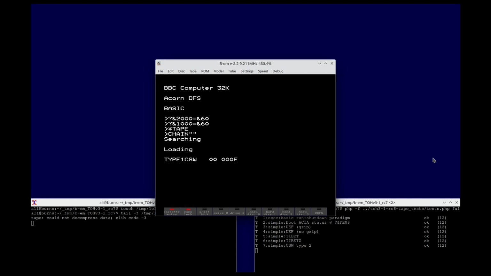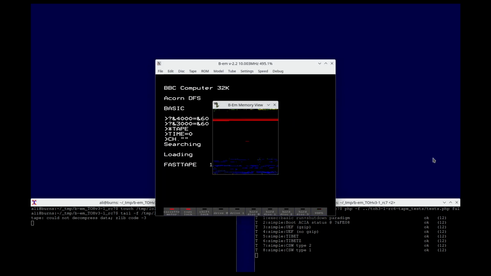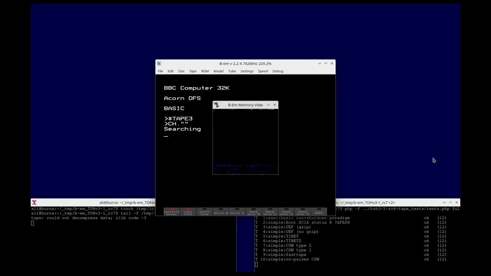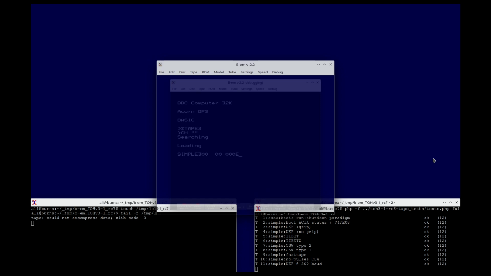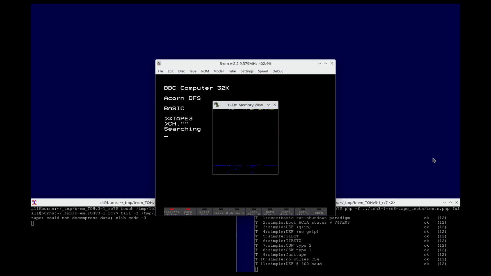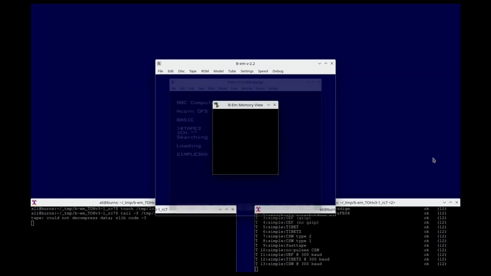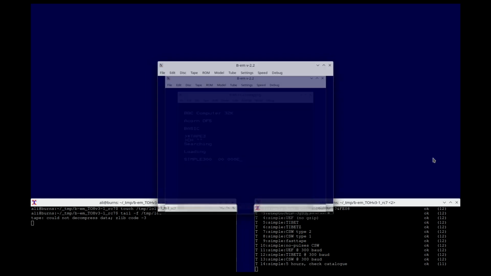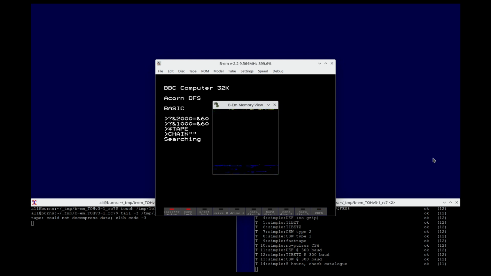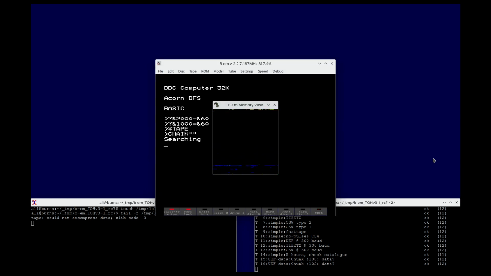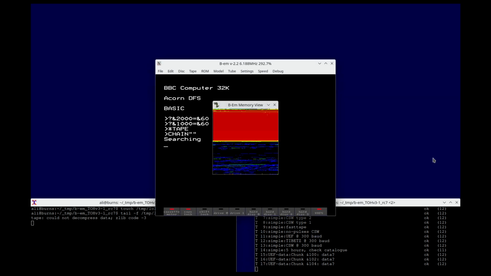It's moving through those. It's just checking it can load data. It can load some basic file types. It's tested the fast tape mode. It's testing that it can load a CSW that doesn't contain any data, because they had to make a decision about whether that was allowed or not. 300 border, so it's just going to move through these simple synthetic tests. There's a check catalog there. It loads that's the thing that uses the cat on start,